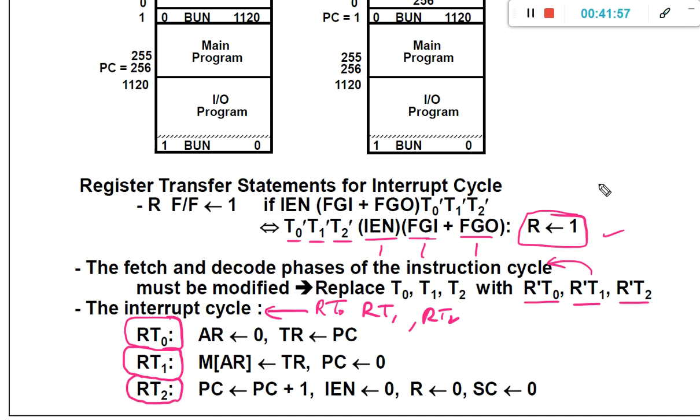To perform the IO operation, it needs to stop the current execution of the instruction cycle and transfer control to the interrupt cycle. We have seen how it transfers control from the instruction cycle to the interrupt cycle, and after the completion of the interrupt cycle, how it comes back to the instruction cycle. Hope you understand the logic. That's all for now.